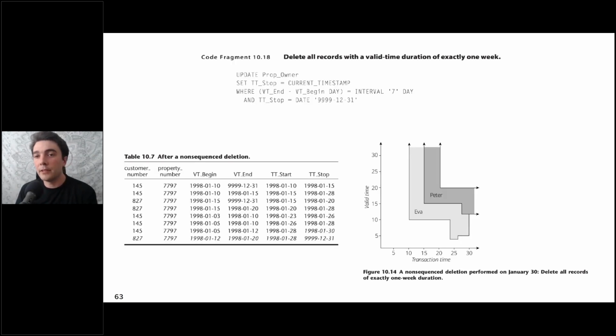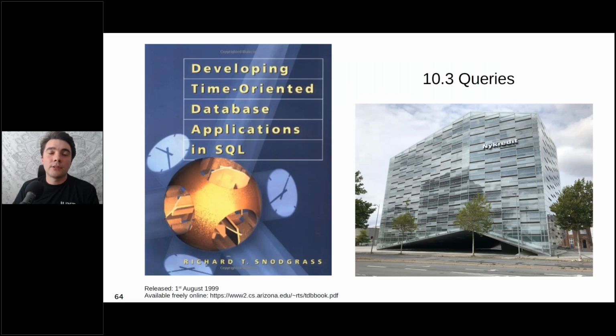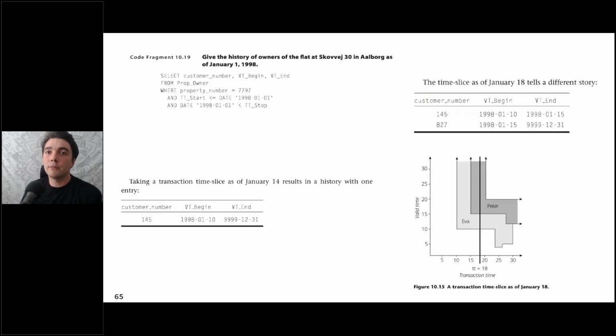So this is nearly the final result of this diagram here. So that's just inserting information. I haven't told you anything about querying the information, of course. And so the next section in the book talks about queries. And there are basically three types of queries that are generally interesting. One is to give you,